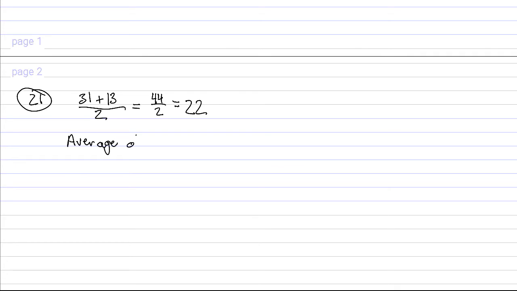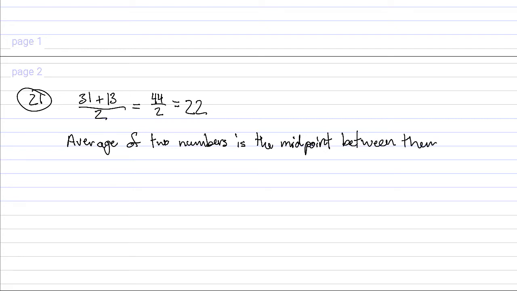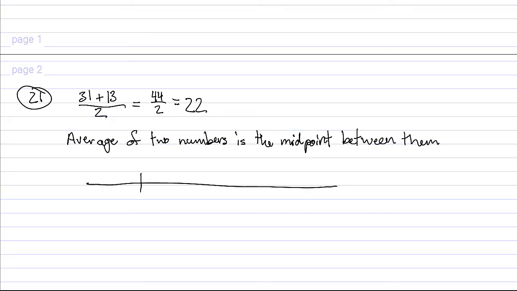of two numbers is the midpoint between them. So if we have a number line, right, and here's 13 and here's 31, the average is this midpoint, and that happens to be 22. There we go. So a different way to do it is actually